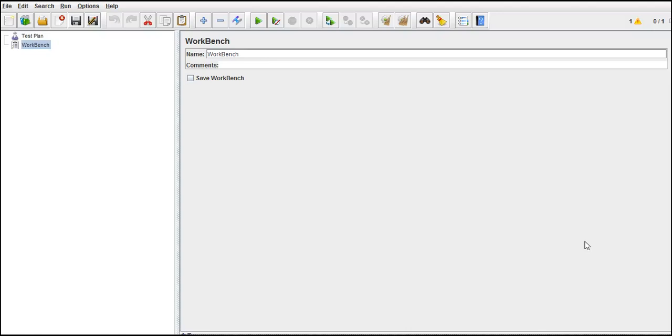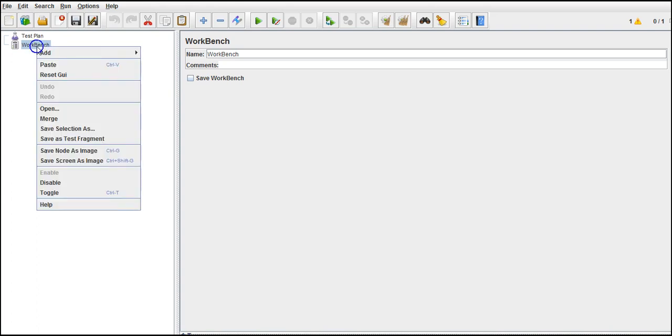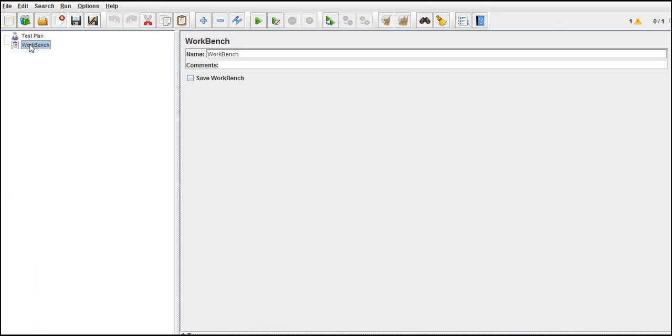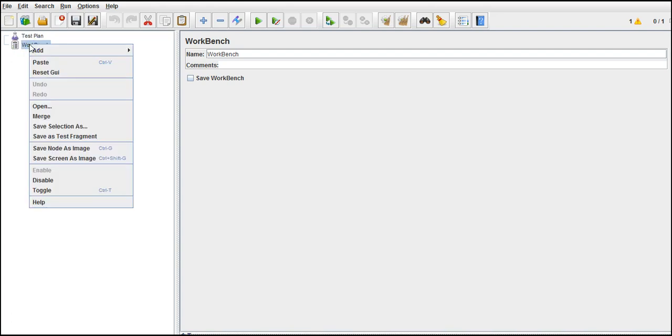Till now we have seen recording, playing back and arranging it in a proper way, and we ran the scripts. But in this session we will see how to add a validation to the response which we got while running the test. Now first let's start with recording one basic application. As I always prefer, I record in Workbench. That's a rough folder for us. Later we can pull things back to the thread group in the test plan.